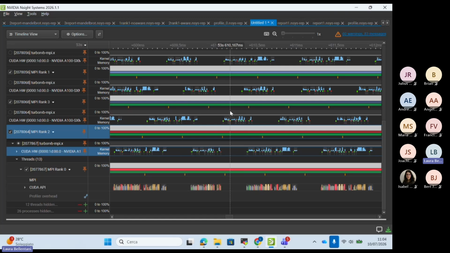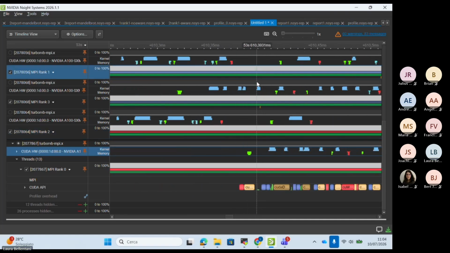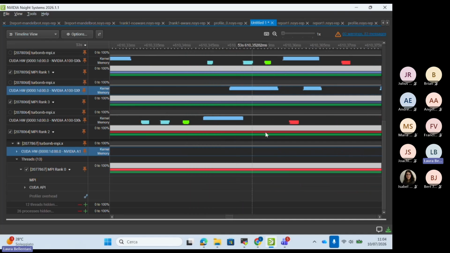And as you can see, by using MPS you can fill the gaps in GPU activity with GPU activity from another MPI task. You can also have an overlap between computation and computation. The efficiency of this depends on how many resources are available.